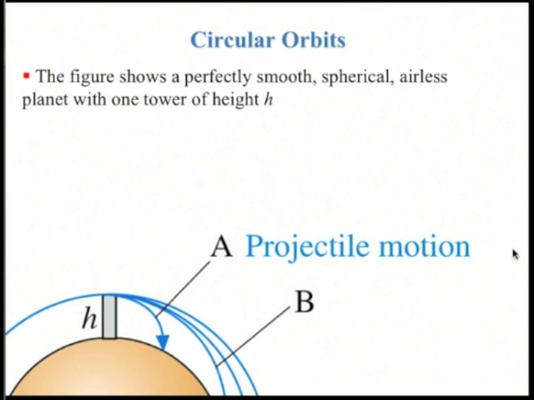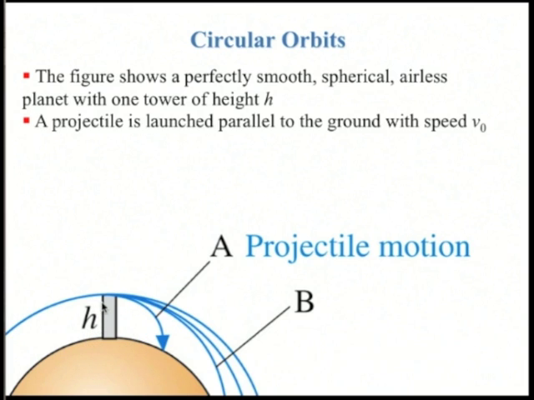Okay, let's talk about circular orbits. We'll start by looking at this little portion of a smooth, spherical, airless planet with one tower on it of height h. The projectile is launched horizontally, parallel to the ground, with an initial speed of v sub 0, and